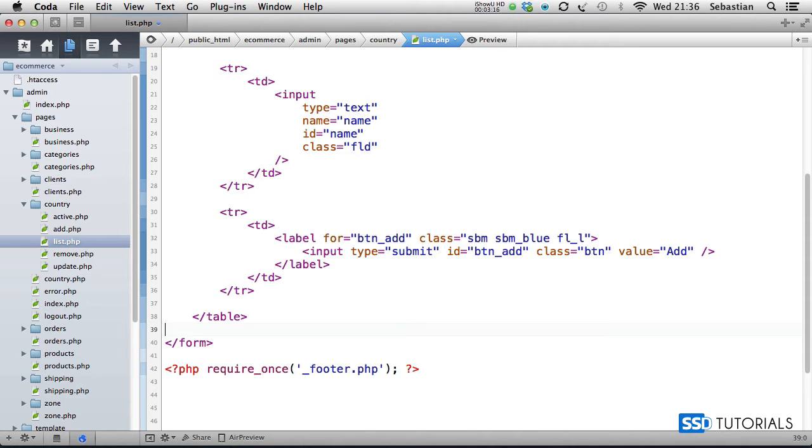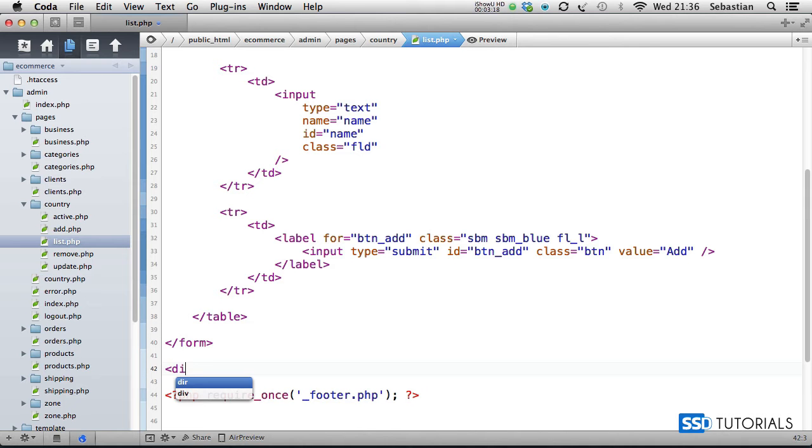So that's our form. Now divider, so div with the class dev,